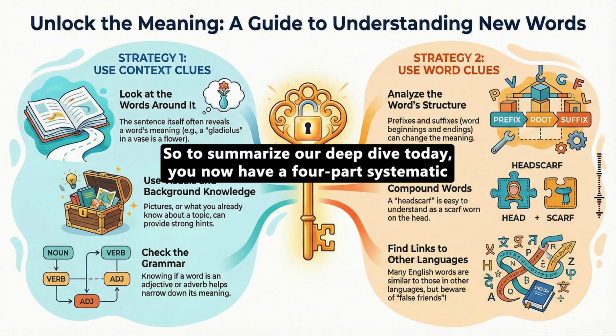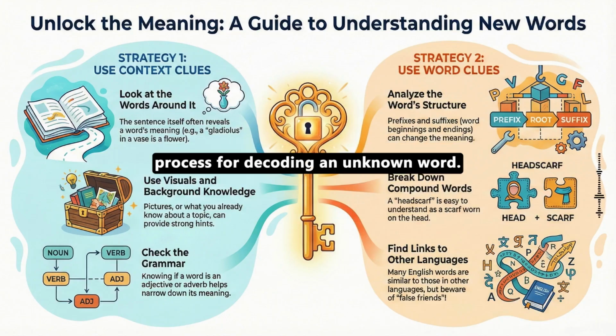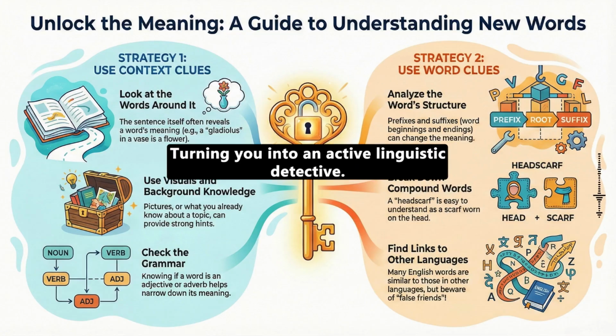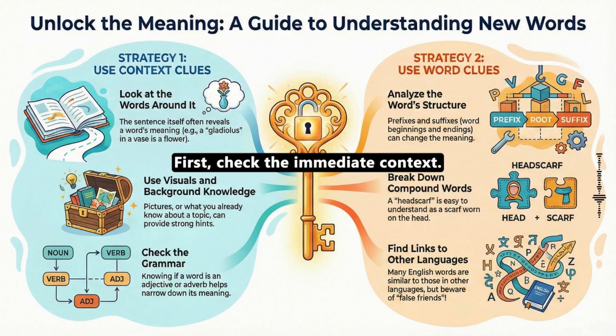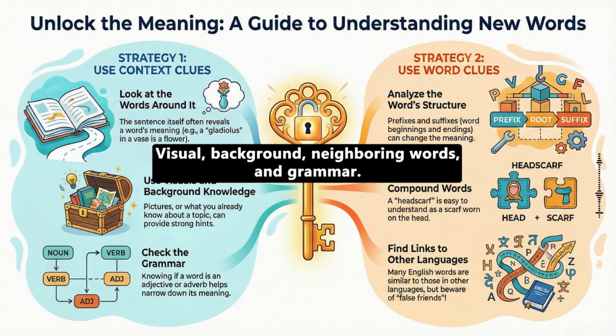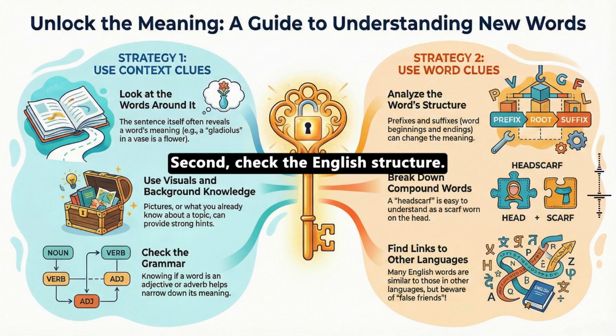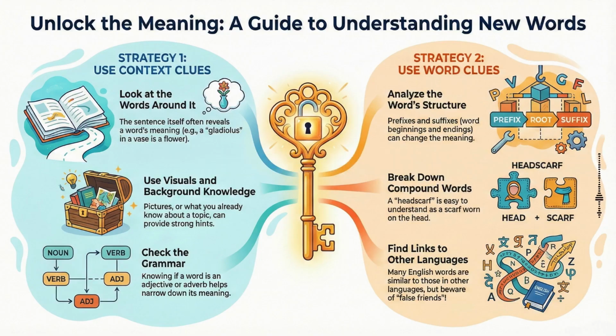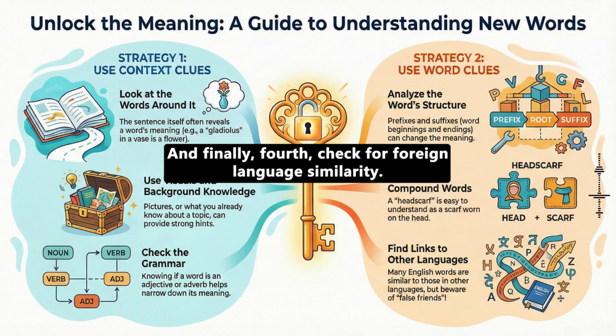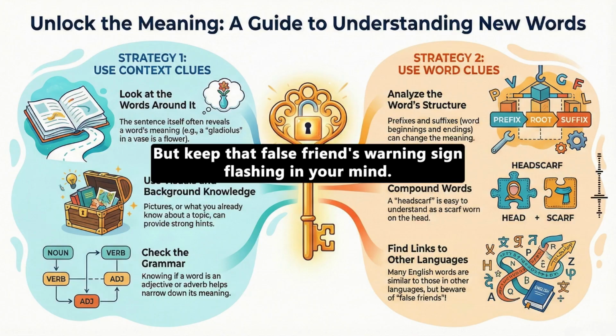So, to summarize our deep dive today, you now have a 4-part systematic process for decoding an unknown word. Turning you into an active linguistic detective. First, check the immediate context: visual, background, neighboring words, and grammar. Second, check the English structure. Look for compounds. Third, analyze morphology. Use prefixes and suffixes. And finally, fourth, check for foreign language similarity, but keep that false friends warning sign flashing